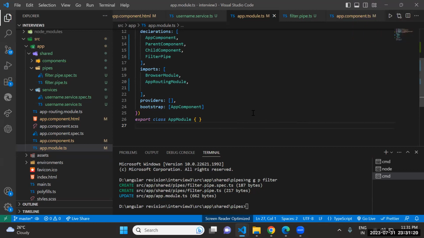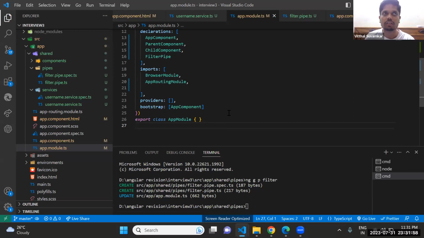What is the difference between template-driven and reactive forms? In an Angular application, there are two forms. First is the template-driven form and the other is the reactive form. A form like a sign-up form or login form, with name, username, password. We import the reactive forms module in the app.module.ts file.